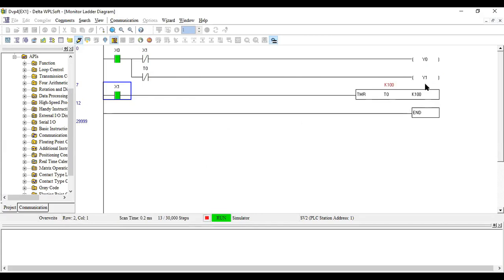This is a simple application of your timer, wherein I am just designing a process that moves up to a certain part and then gets turned off. That's a simple timer application where we can use it.